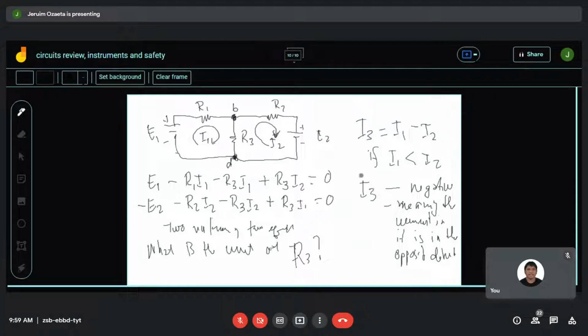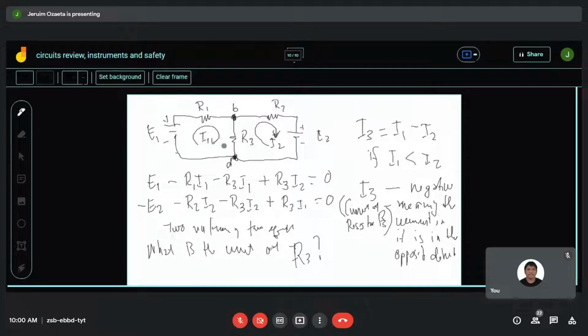by the way, I sub 3, this is the current at resistor 3, R3. Because we have no current I3. Okay? So that is the current at RT. It means the current here, I sub 3. Okay? Now,